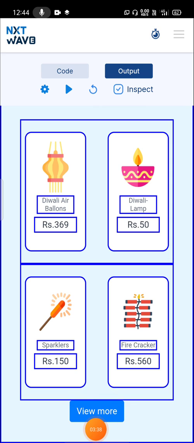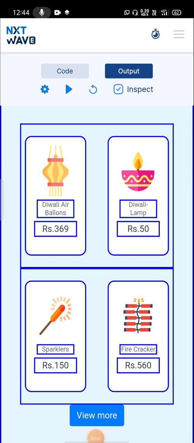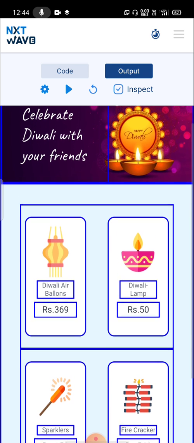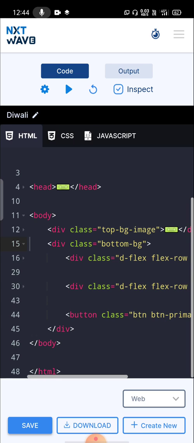Okay, you can observe this. In the bottom session there is a background color and there is a card with some other cards in it and there is a button. Okay, for this I created a div container.